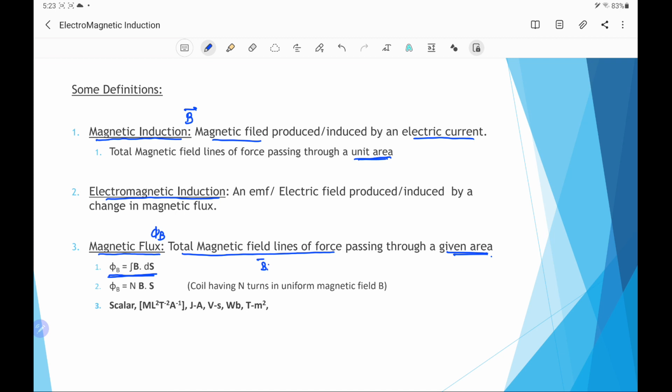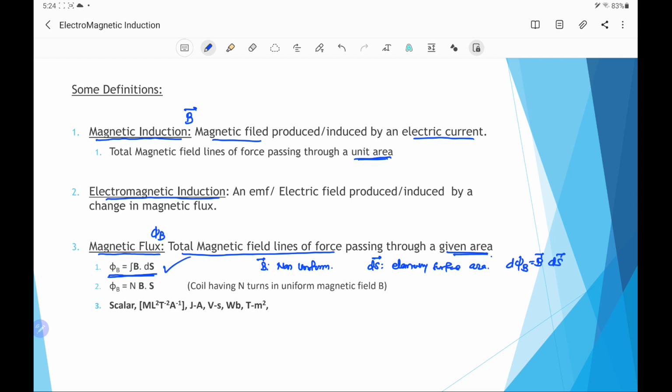Here B is the magnetic induction and it may be a non-uniform quantity. So for a non-uniform quantity, we have to use the method of integral, where we take an elementary surface area, and for this elementary surface area we consider that B is uniform. Then we multiply this B with this elementary surface area ds. This will give the elementary flux, say d phi B, which is equal to B dot ds. And then to get the total magnetic flux, we have to integrate, and we get phi B equal to integral B dot ds.